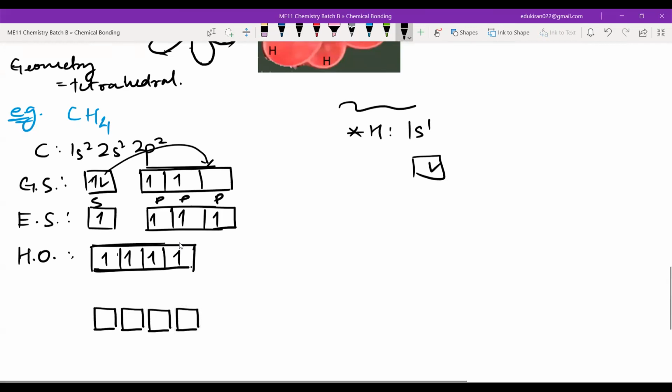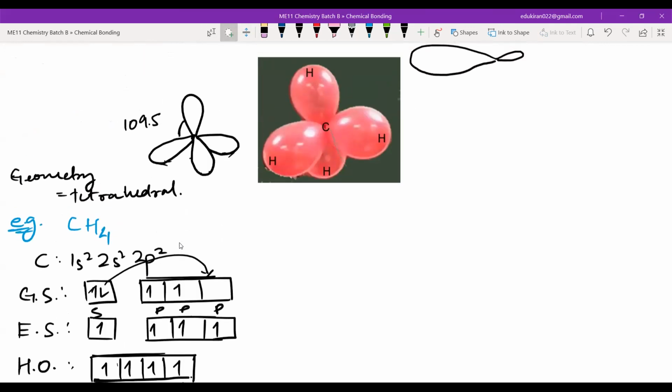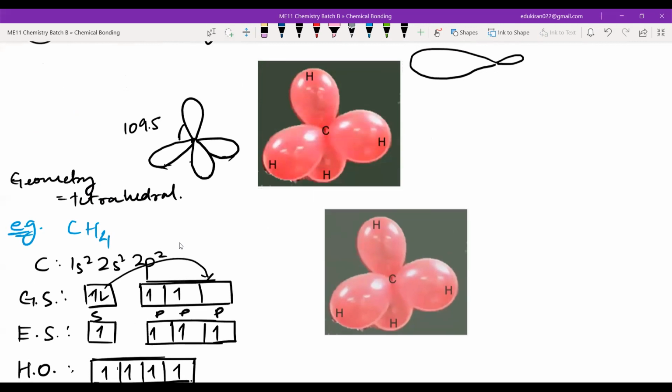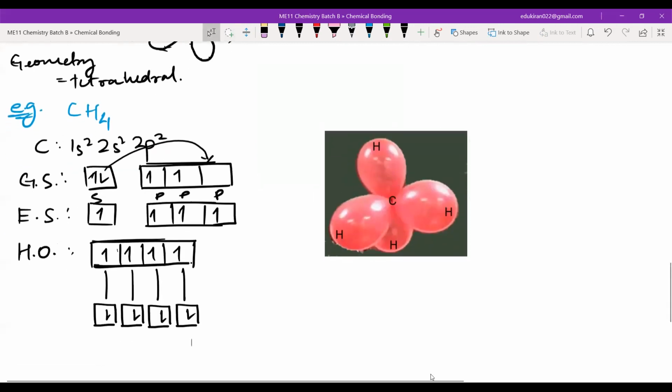Okay. So these hydrogens are having these electrons, and all of these will be bonding. All of these will be bonding. So do I need to draw the structure of CH4, or can I just? It's better if you can draw. Okay, no, I have got you the balloons here. Okay.